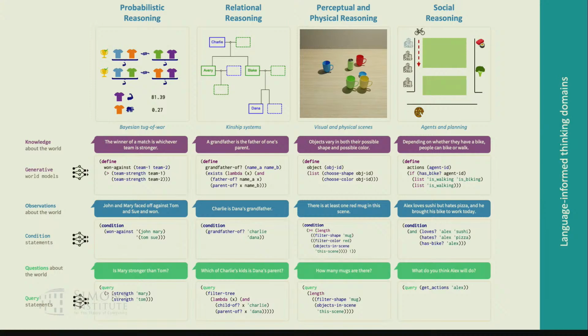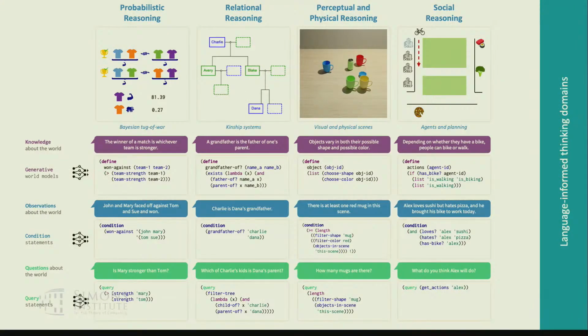And so in this paper, we begin by exploring how this proposal might be instantiated with respect to a bunch of different domains of reasoning, including general probabilistic reasoning, but also reasoning about relations, physics, and social situations. In all of these, we propose that we might think about the language that communicates general conceptual knowledge about the world, definitions, or causal knowledge, as constructing probabilistic expressions